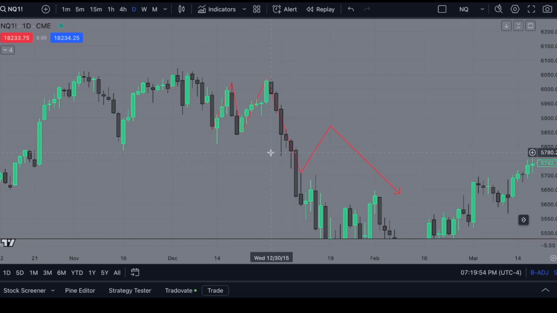This breaker did not work, by the way, guys. It didn't come back into it. Just want to let you know, I'm just using this example because of how the candles formed. But yeah, the candles aren't going to be as clear as this all the time. As long as you see it clearly going in the direction you want it to go,